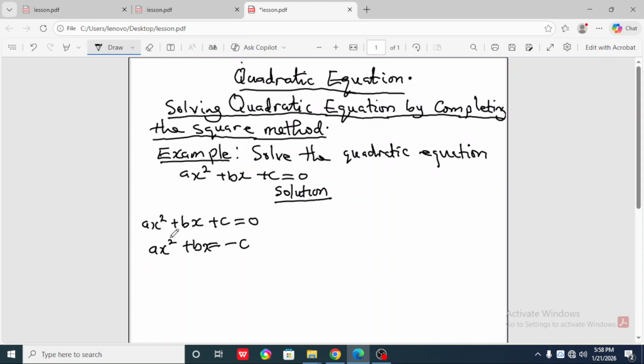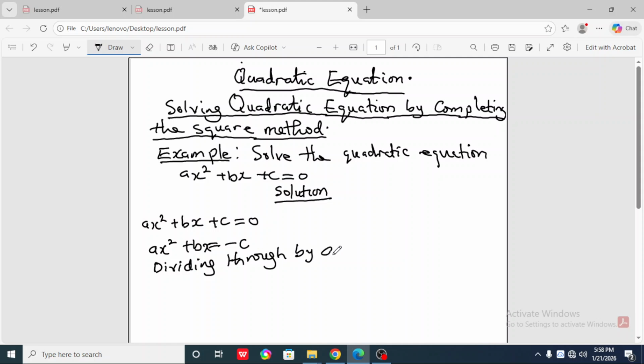And anything we do to the term ax square, we are going to do to the other terms in the quadratic equation. So we are going to divide through the equation